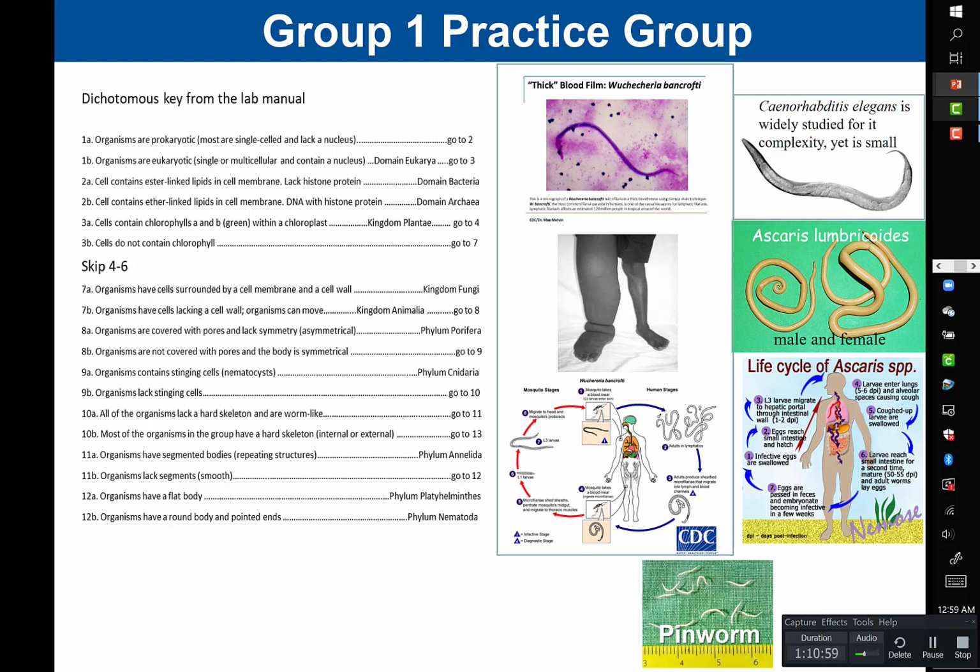That is the most common helminth infection in the world. In the US, the most common helminth infection is pinworm. Pinworms are little tiny worms, about the size of a grain of rice. Pinworms are more often transmitted by children. And the reason for that, and again, this is gross, so sorry if you haven't eaten yet, but the way